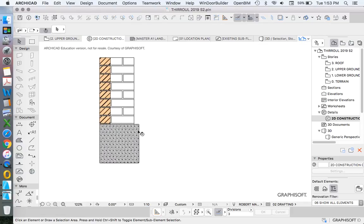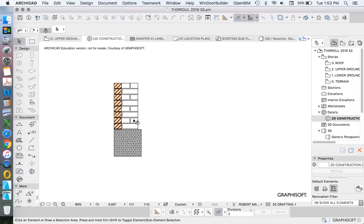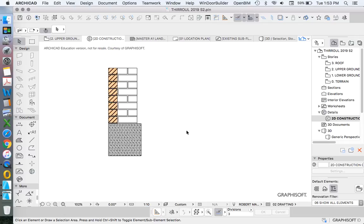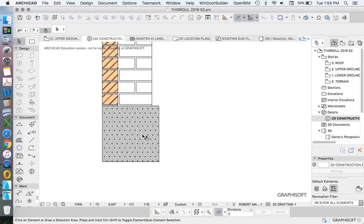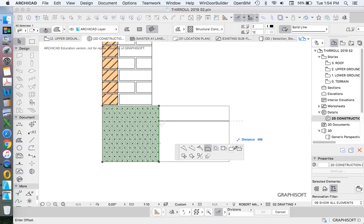Now because this is not just a strip footing, but an edge beam, we now need to increase this concrete. We need to add 2. So I'm deliberately creating the fill in some ways, like I said, wrong, so I can show you how we can use different settings in ArchiCAD. So we're going to add to this fill this time. So we're going to select the fill, click on an edge, and say plus, which is